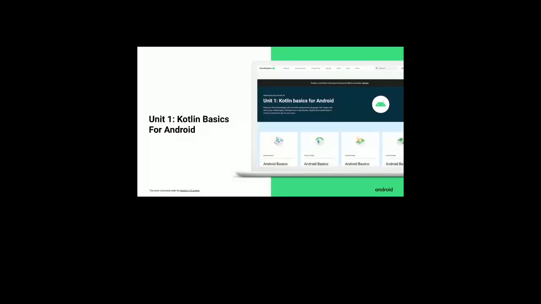This one is Kotlin basics for Android. In this whole course we have 6 units. First we will focus on units, which is shown here, this is unit 1.